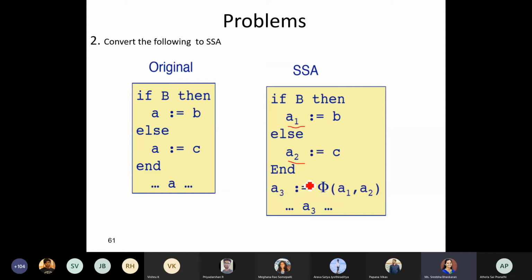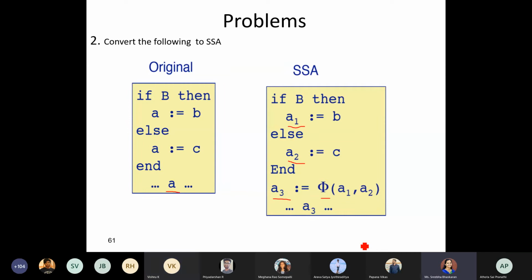Once you come out of it, we are using the A variable here. So which A do we have to use? To get the updated one, we make use of the phi function, where you pass the a1 and a2 values, and it is initialized to a new index, that is a3. And that a3 would be the one which we will be using.